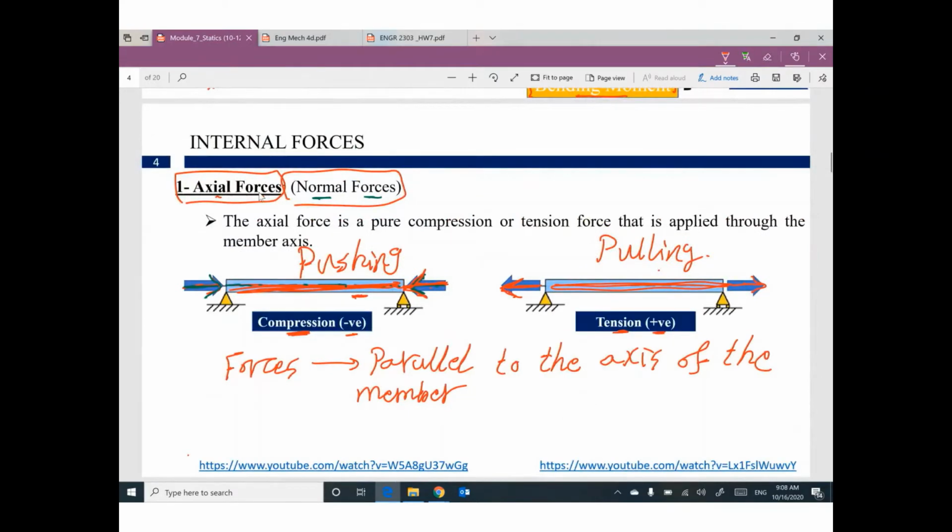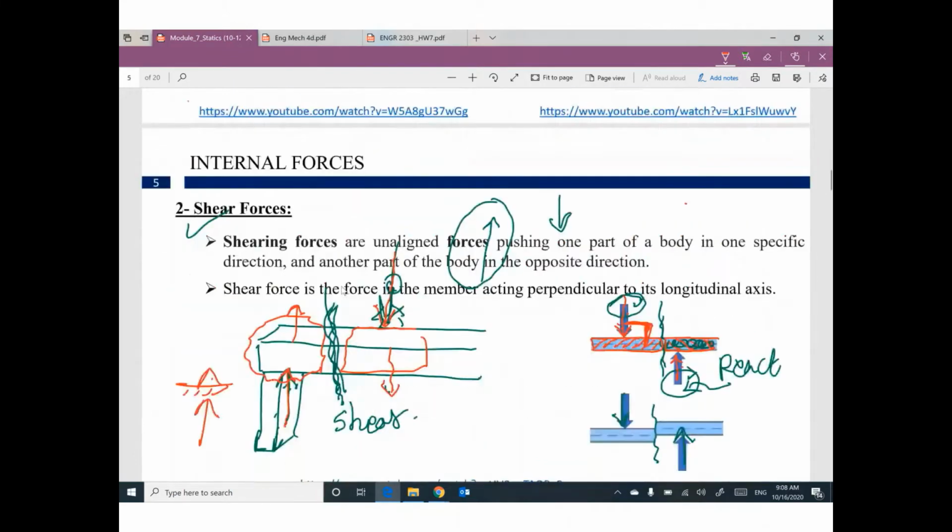The first one, axial force, is a force parallel to the member. This force can be pushing the member, which is compression, or pulling the member, which is tension. But the force parallel to the member. The second